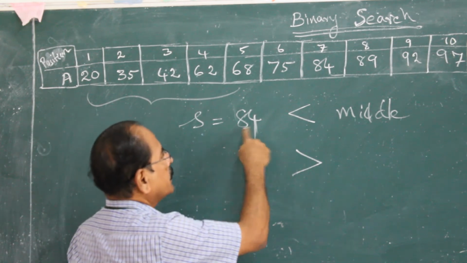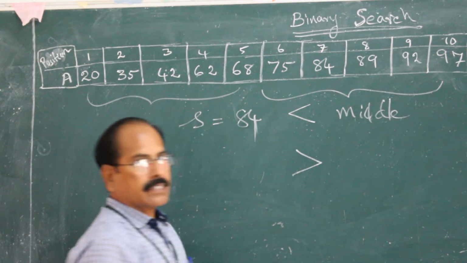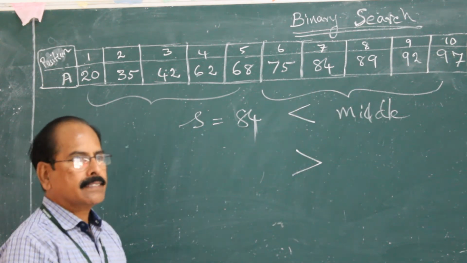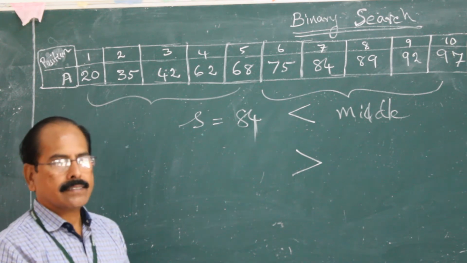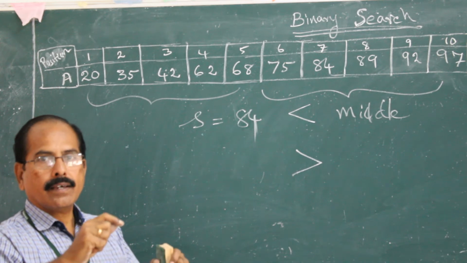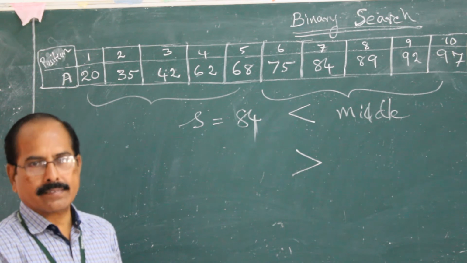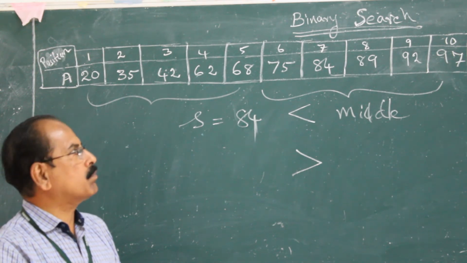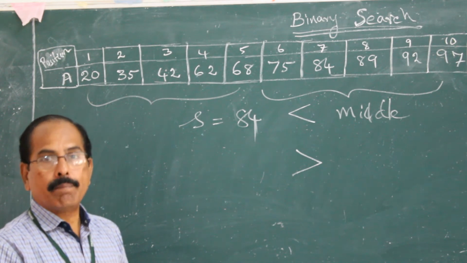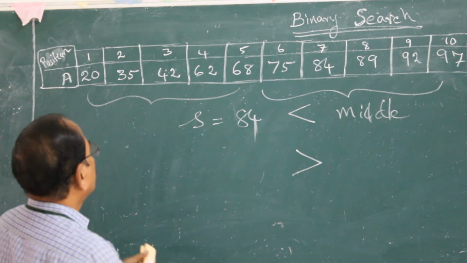Suppose the searching element is greater than the middle element, then our searching element will be available only in that position. So what will happen is, in the binary search, after doing one comparison, we ignore half of the elements in the array for further processing. That is a very important task, by which we minimize the total number of comparisons needed for searching. Let us see one by one.